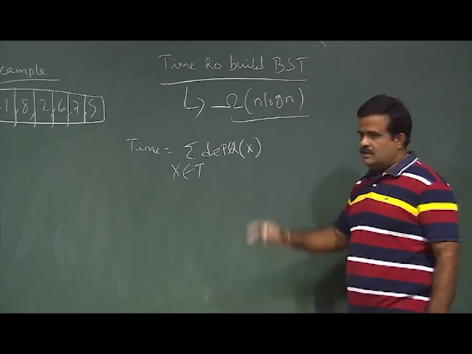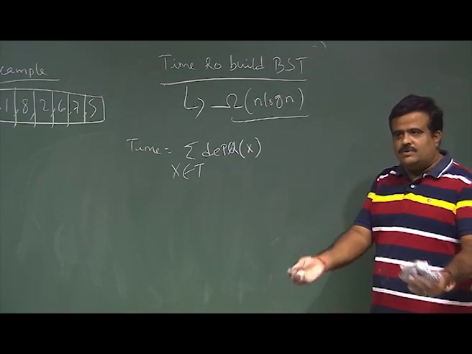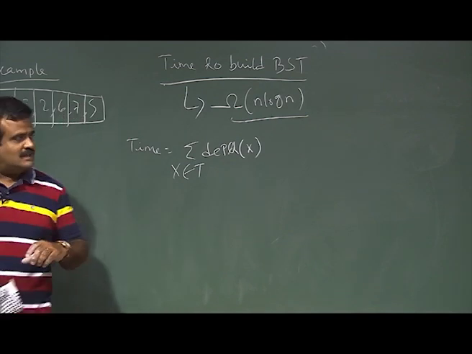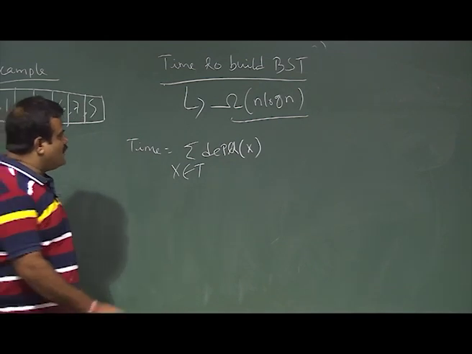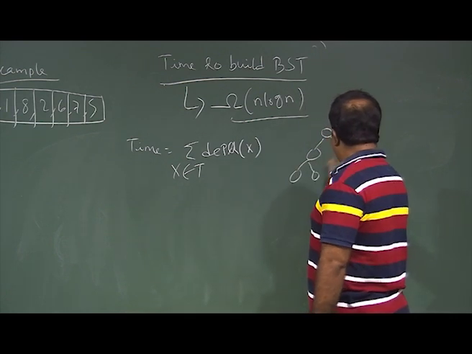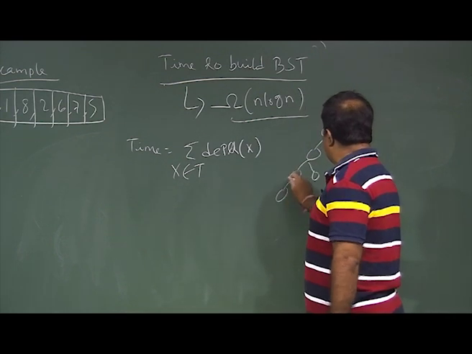This is the lower bound. We cannot do better than big omega of n log n. Why? Because when is the best case for this? When we have a balanced tree. It depends on the nature of the tree. If the tree is balanced,